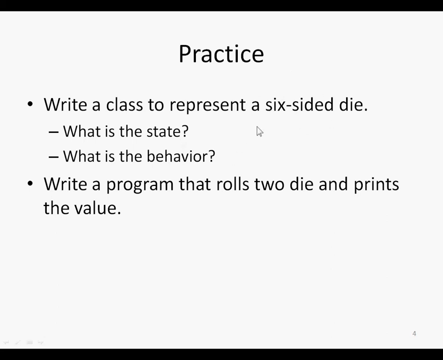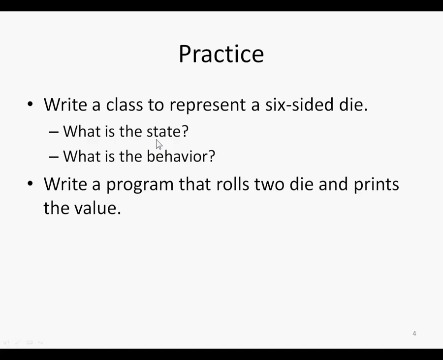If you weren't given such a restrictive description here, you might have a class represented in any number-sided die, and then how many sides the die had would be part of the state of the die, okay? You might have a class that includes information about whether or not the die is fair. Perhaps it's a loaded die, for example, and one side is weighted more than the other. So lots of different information that can describe the state. But for just our simple example here, we're just going to assume it's just a six-sided die that's being used in a text-based program. And for state, we are just going to keep track of what number is showing up